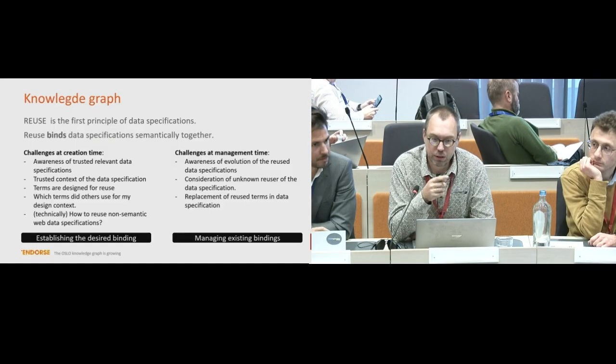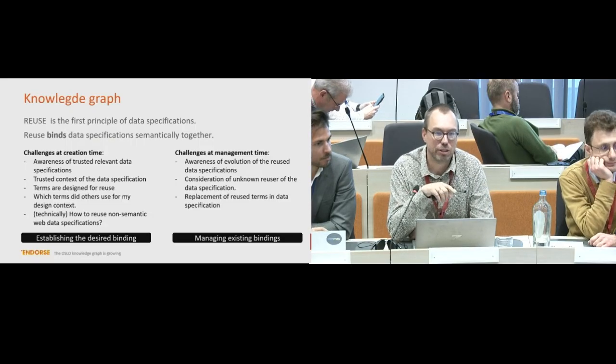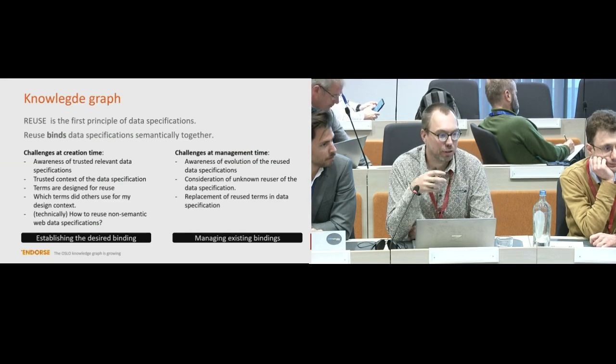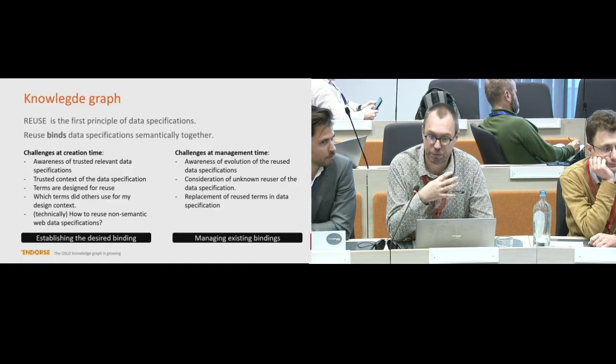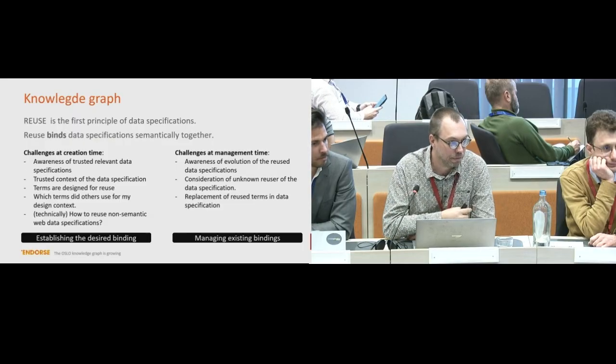We have questions like, how did other profiles do the same thing? For instance, contact information, you can find it everywhere. The question is, how did other contexts process contact information? Can we reuse that, and how do we find it? And one thing with having so many domains is that we struggle with how to reuse non-semantic web data